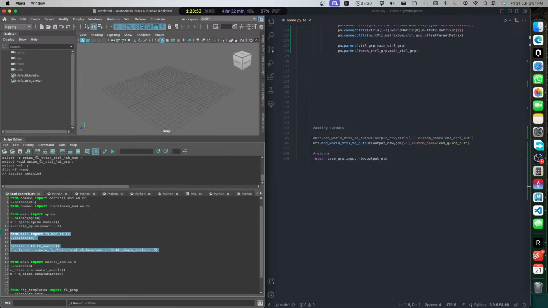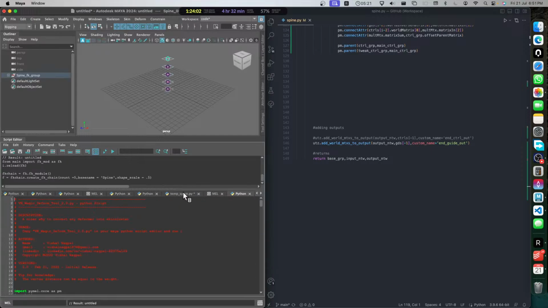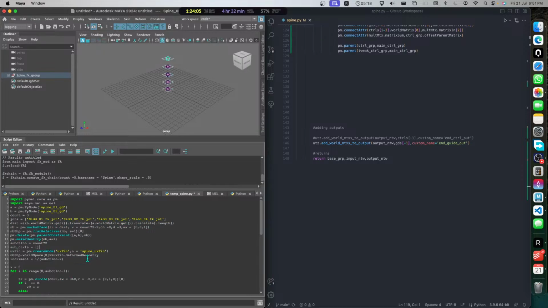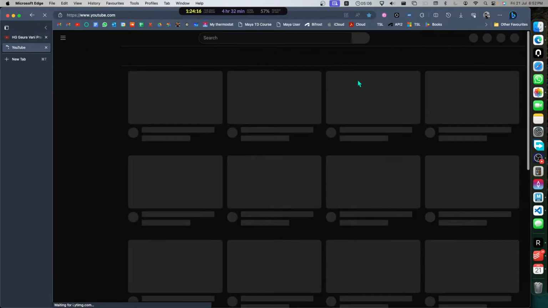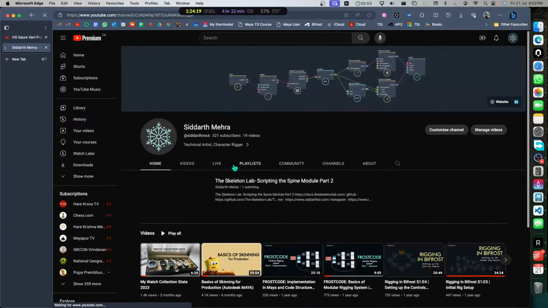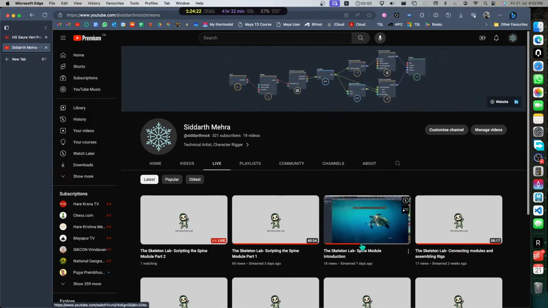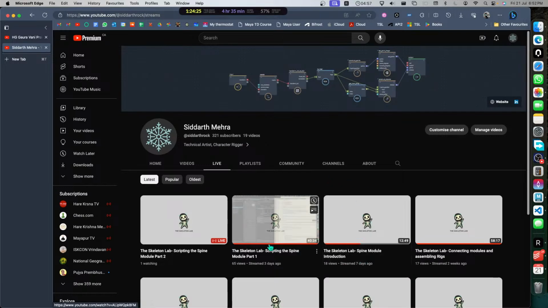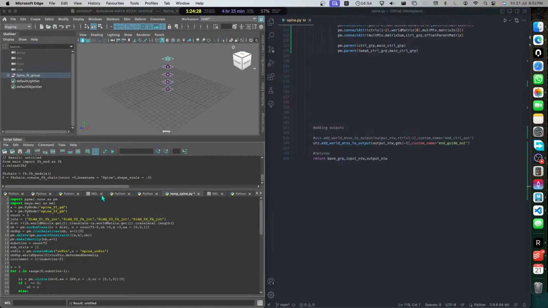First of all, let me create one FK chain. Name the spine here. So if I go here, create a FK chain, as I showed in the first video, to be honest. Let me open the, why is my browser taking so long? So if I go on channel live here, this one I explained what we're going to do, right? The first one, this one is the last one where we scripted what we have right now. That was just the prototype and whatnot. So here, if I just do a little bit of control Z,